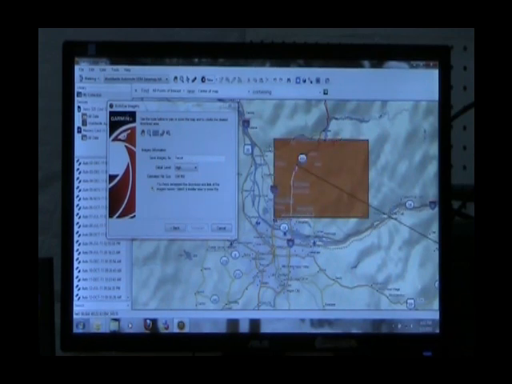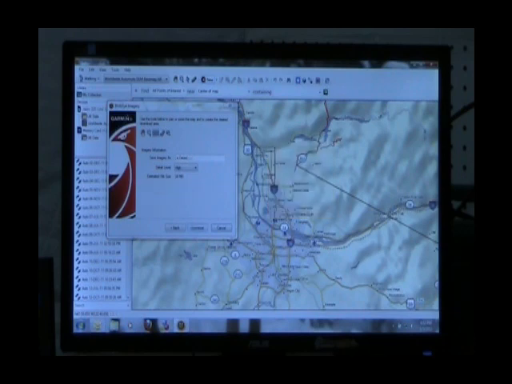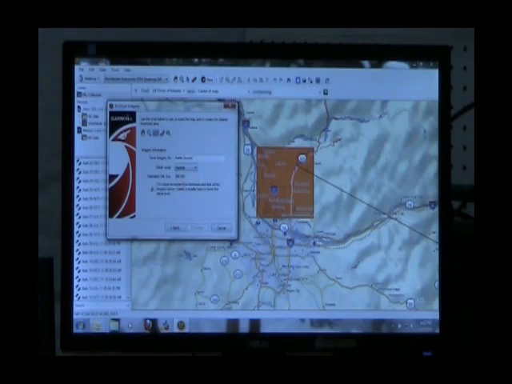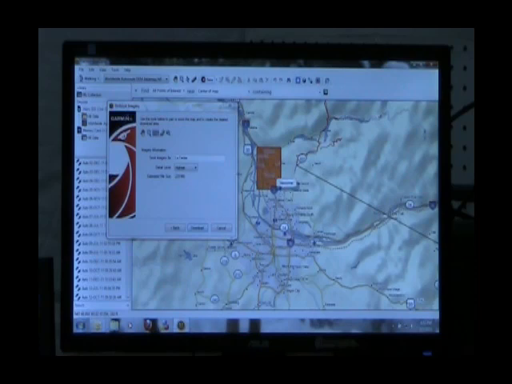And I can have an area, you know, about like there. I always choose the highest because I want to be able to see the detail. And so with the highest, I'm going to have to get my area very small. And at this point, by selecting your detail level, it tells you how big of a map